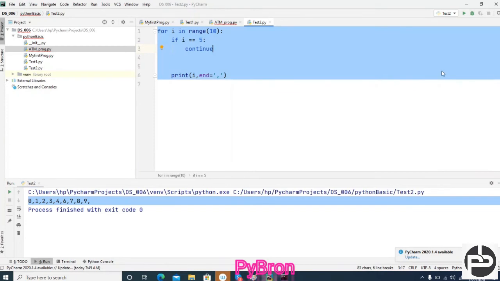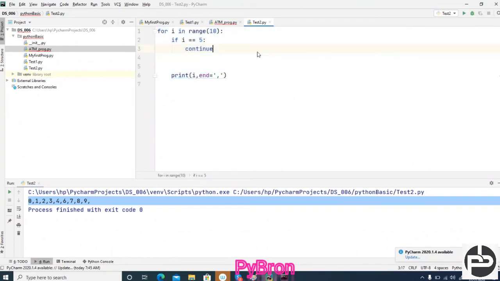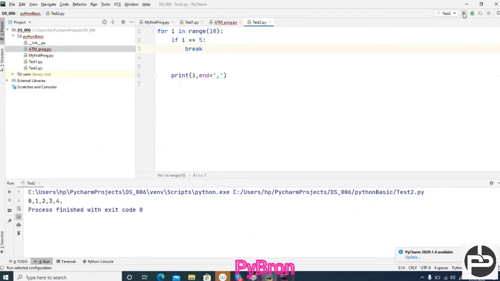Okay, next, the break statement. How does the break statement work? Now I'm not going to pass continue here, I'm just passing break. See the difference between these two things. 0 condition true, it printed 0, 1 fine, 2 fine, 3 fine, 4 fine, 5.